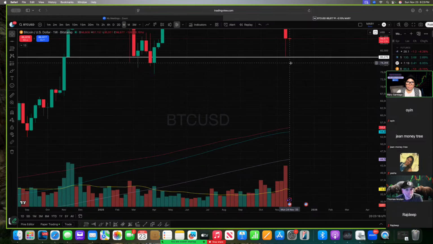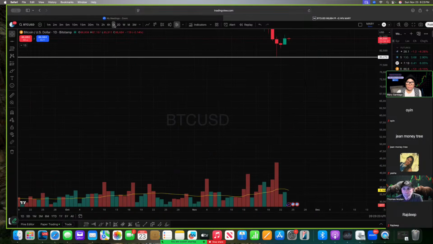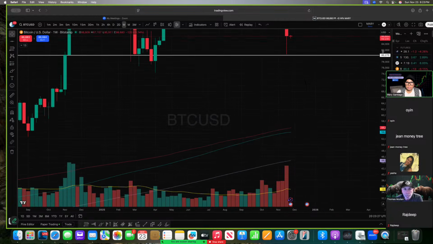I trade candle by candle, so I'm not so bearish on Bitcoin and I'm not so bullish on Bitcoin. But if you're looking at the shorter time frame, definitely bearish, definitely. But if you're looking at the monthly and see,